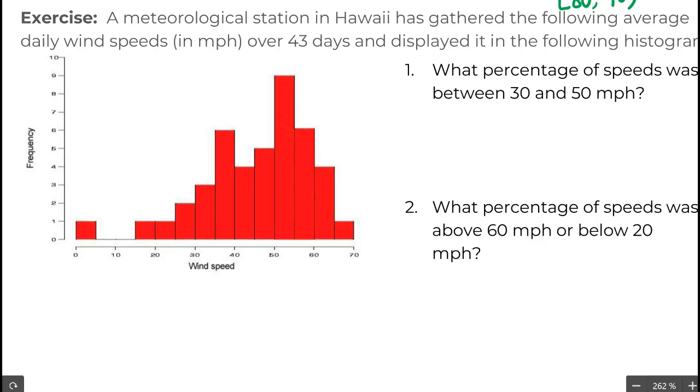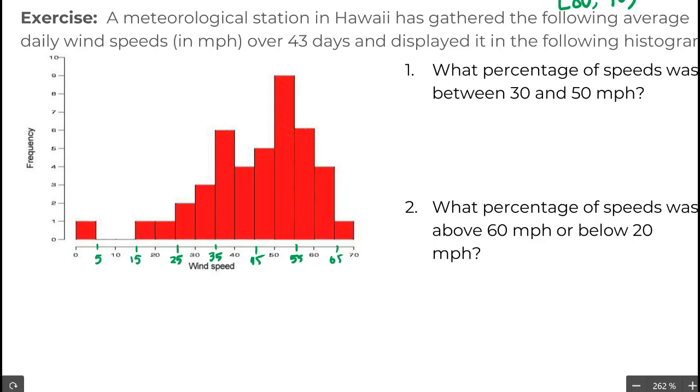All right, so two things I like to do whenever I'm working with a histogram in terms of interpreting it. One is most histograms don't put all the different bin cutoffs at the bottom. This is just because we can figure out that right between 10 and 20 is 15. Right between 20 and 30 is 25. We know these bins always have to be equal size. So that's one of the rules of a histogram. So we can go ahead and fill these in. I say this just because I've had students previously tell me the lowest wind speed was between 0 and 10 just because that 5 wasn't there. So take the time to write them in